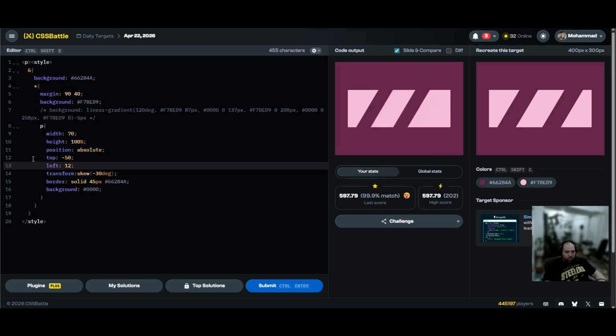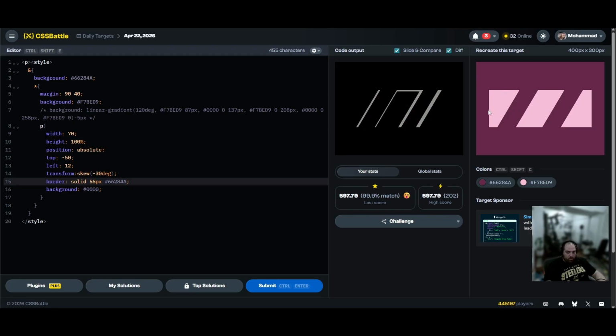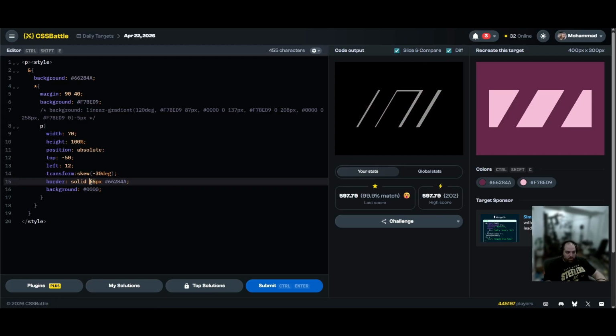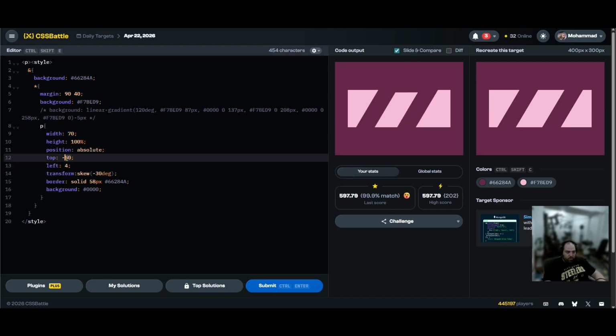Oh, my border's too narrow. I need to make it 55, 60, 58, okay. Left 10, 5, 4. Okay. So now the top is a bit off, so we'll go another